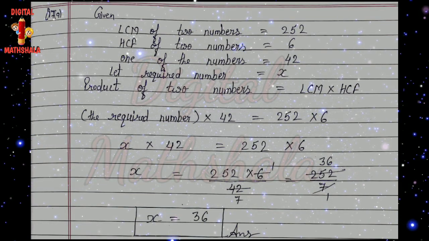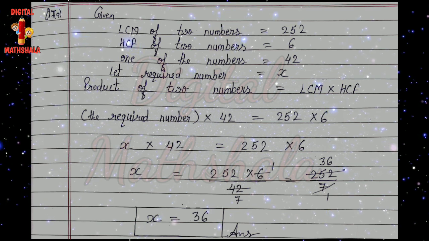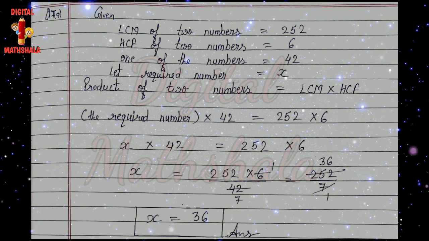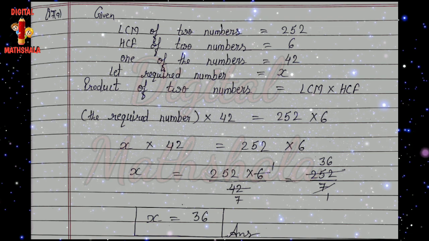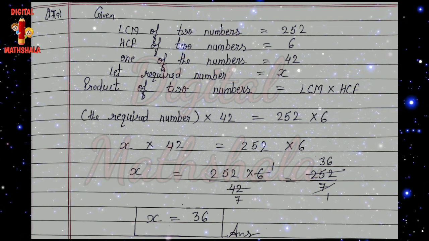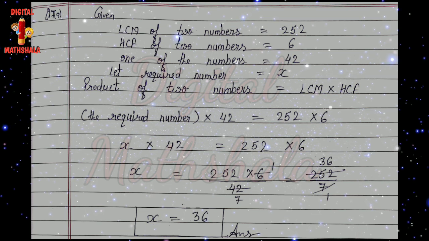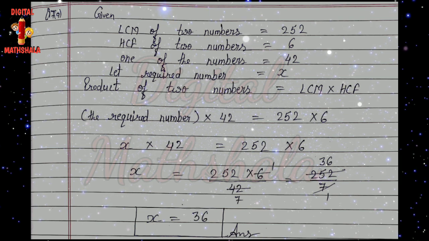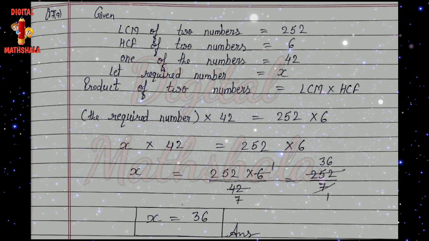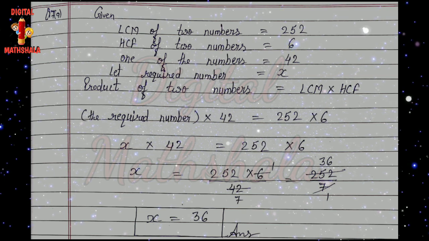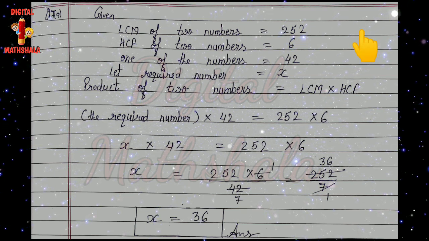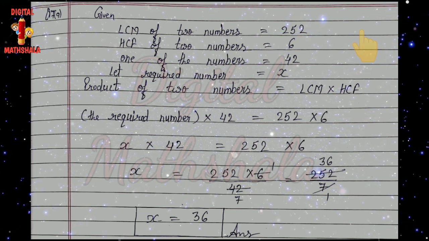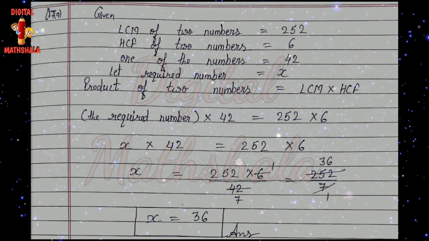So for solving this, first of all we will write what data we are having in this question. So given that LCM of two numbers is 252, HCF is 6, one number is 42 and let the other number be x. As I already explained in my previous video, chapter 2 part number 6, if you have not checked that, please check it out here. I have given the link. You can touch this and see that video first, then you can understand what we are doing here.